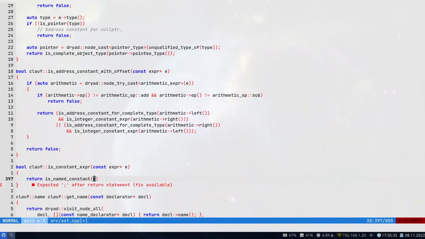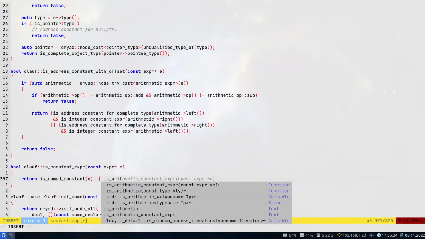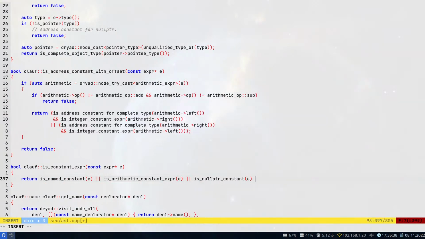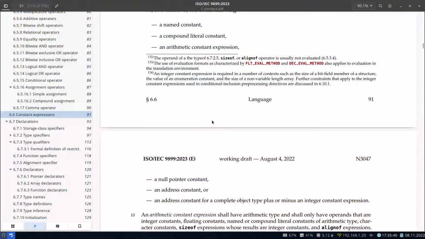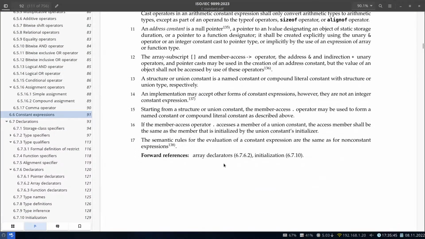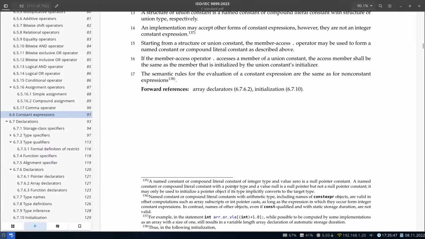Is named constant, or is arithmetic constant, or is null pointer constant. I'm guessing null pointer isn't an address constant. A name constant is a null pointer, a name constant or